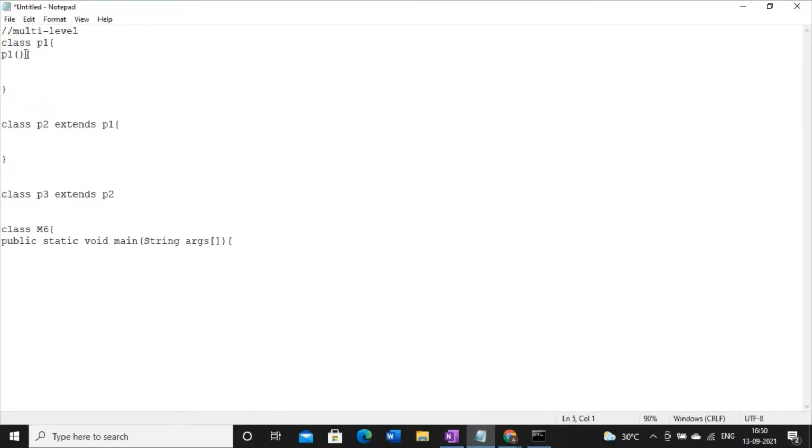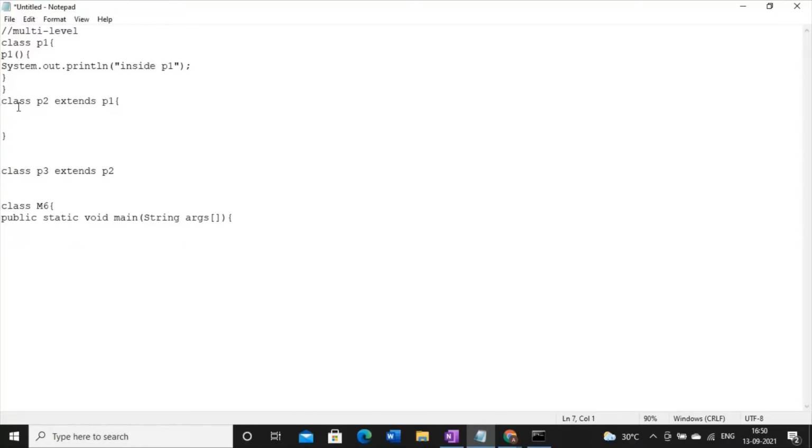I am not allowed to write anything inside. Now again inside P2, I have to define one constructor. Constructor name should be the same as the class name. So this is the constructor inside P2.